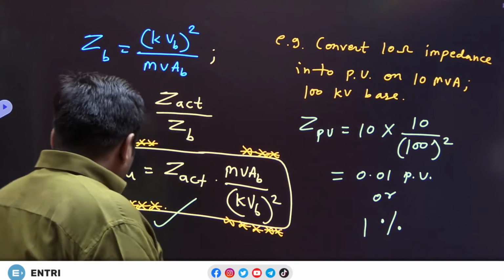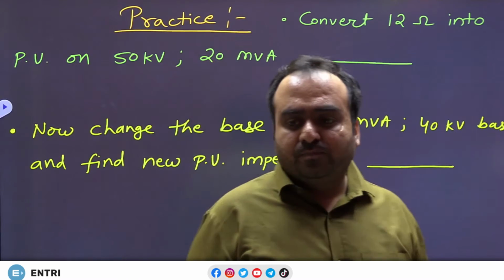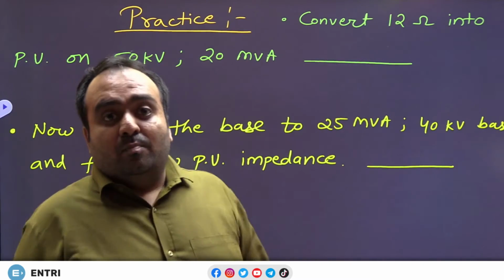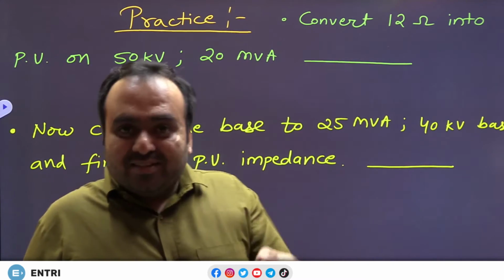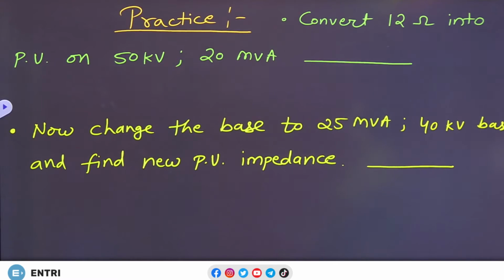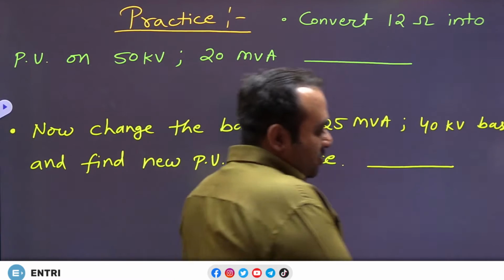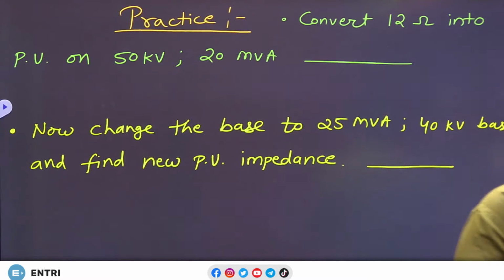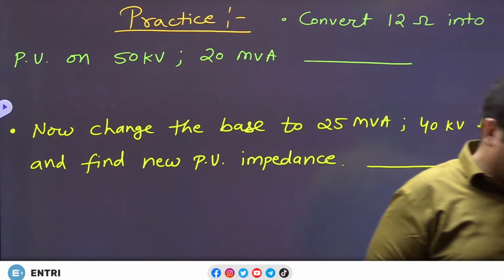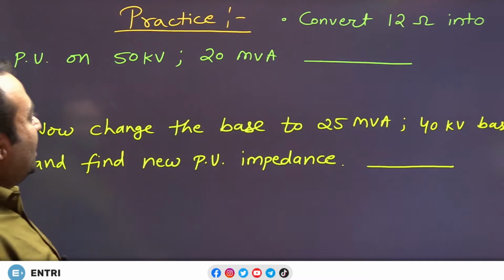Alright, so let me put an example in front of you. Here it is, the example. Pause the video at the appropriate time. See, I go out of frame. You can please stop the video here and solve. So there are two parts in the numerical. The first part is you have to convert an impedance into its per unit equivalent on some base, and then the base has to be changed.